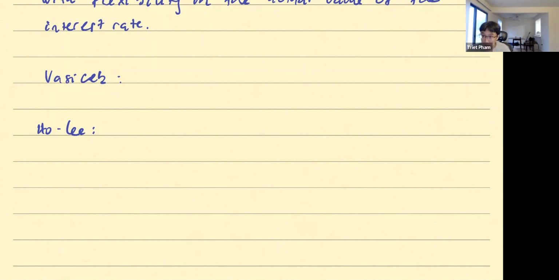For the whole lead, it says this: R of K, the interest rate at time K of the event omega, will be AK plus BK times UK of omega. And the Vasicek model says,